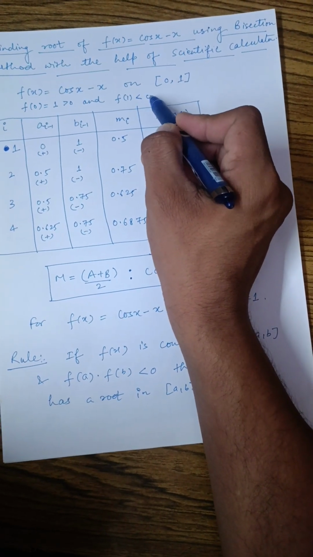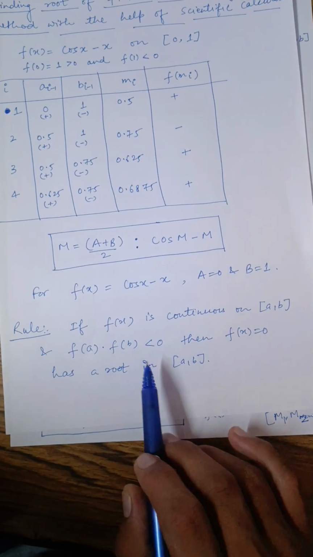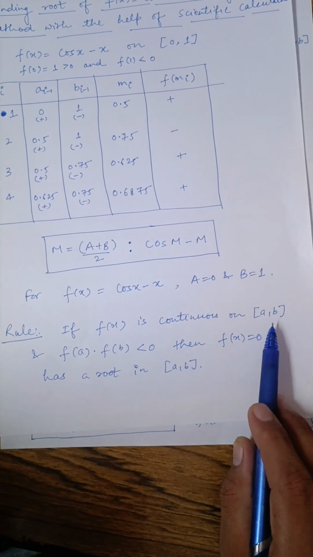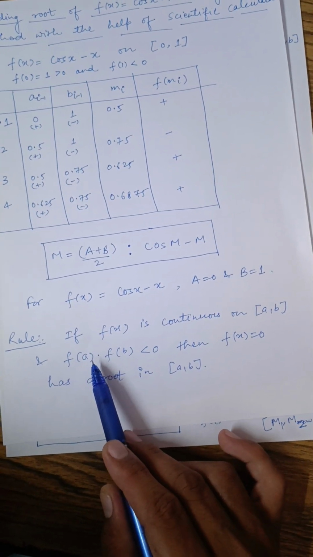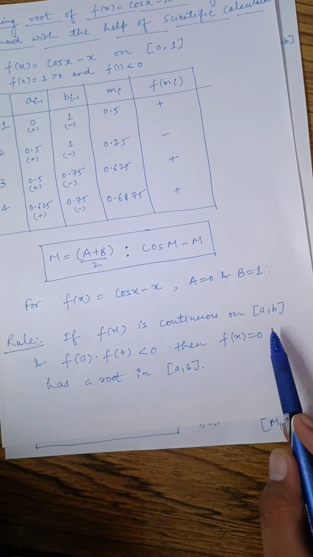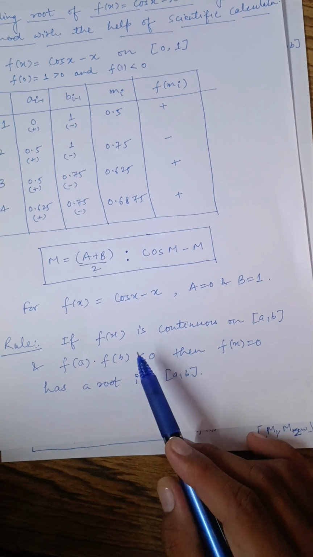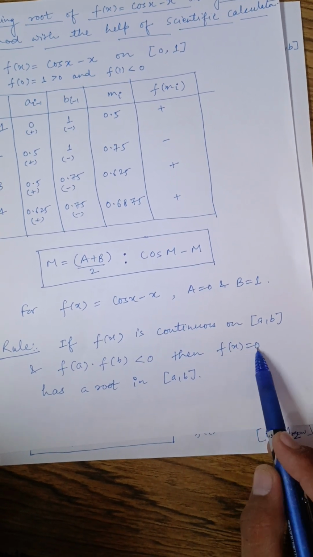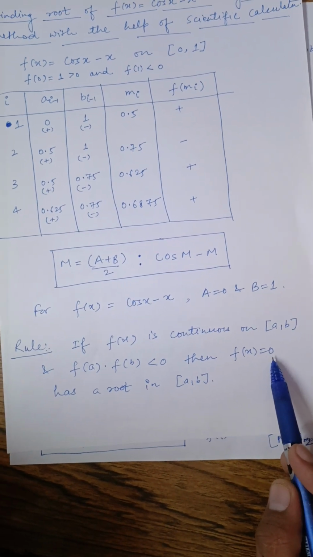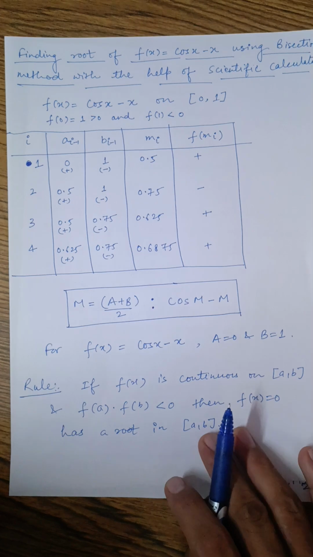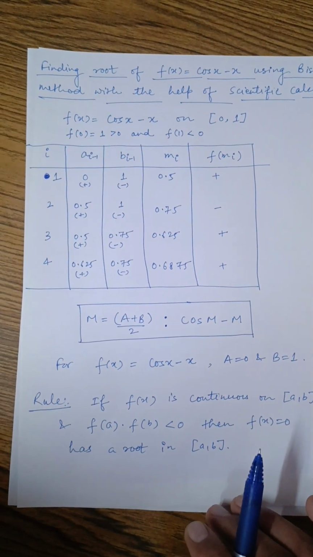this function, is negative. So the rule is that if f(x) is a continuous function on a closed interval [a, b], and if this function also satisfies the condition that f(a) and f(b), meaning the values of the function at the end points, the product of those two values is negative, then f(x) = 0 will have a root in the interval (a, b). So we will use this fact to find the approximated roots of this function f(x) = cos x −